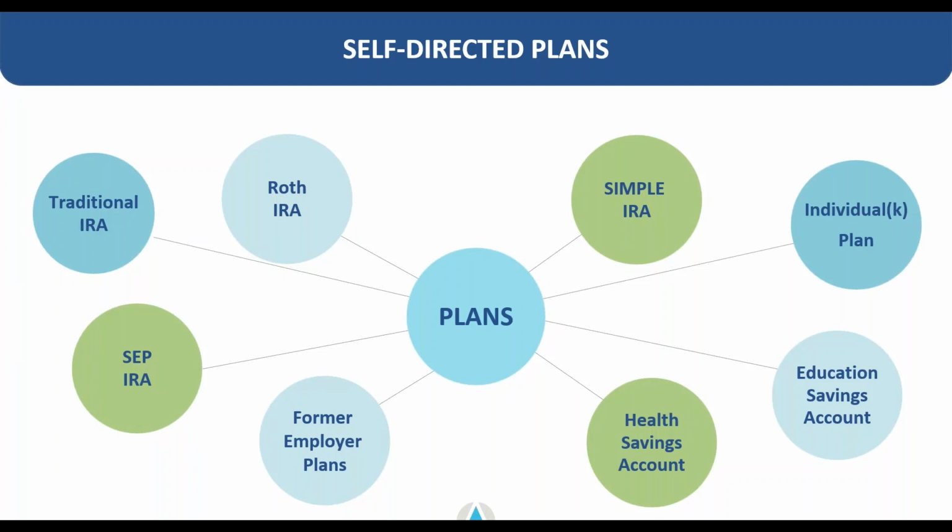Most people are familiar with a traditional or a Roth IRA. Those are non-employer tied accounts. Anyone in the US can have a traditional or Roth IRA. Your ability to contribute into it is just based on your earnings, your ordinary earned income. And those are basically the standard accounts. But we also have SEP and SIMPLE IRAs and solo 401k plans for small business owners,